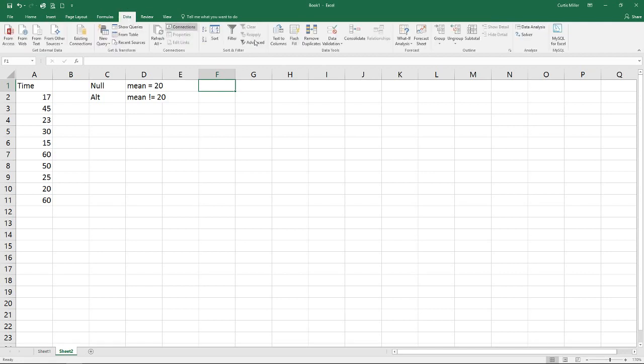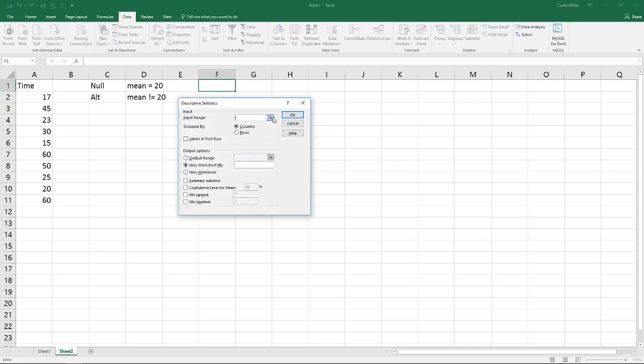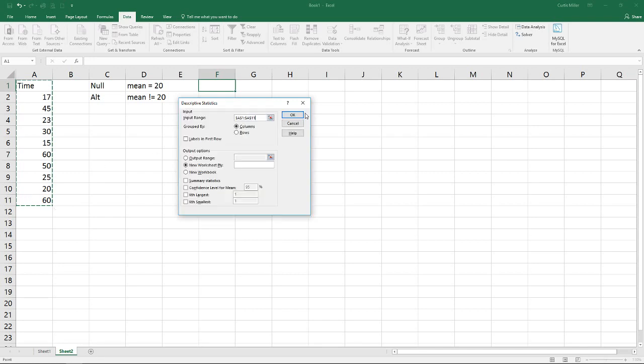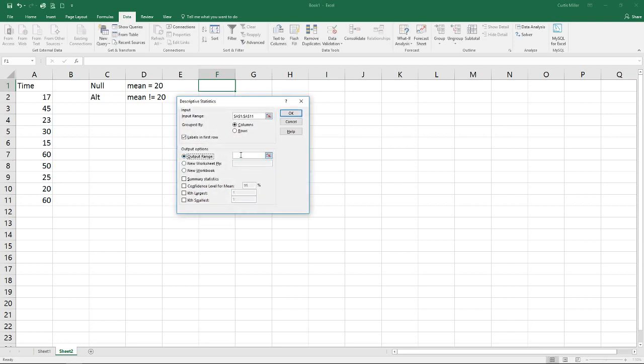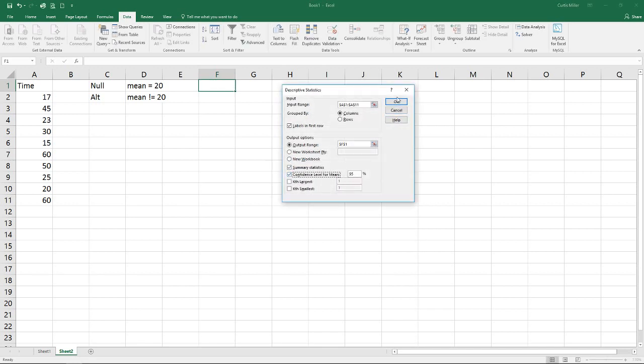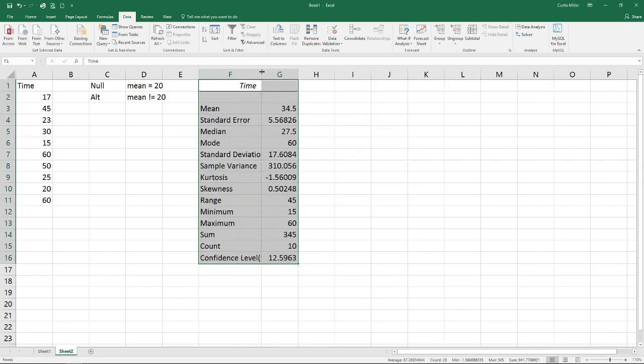So if we go back to our data ribbon and select our data analysis, we'll grab our descriptive statistics. And for our input range, I'm going to select all the time data that I have. It is grouped by columns. I have my labels in the first row. Select my output range and put it right over here in column F. And then I'm going to ask for my summary statistics and my confidence level for the mean. Now that I have my output,